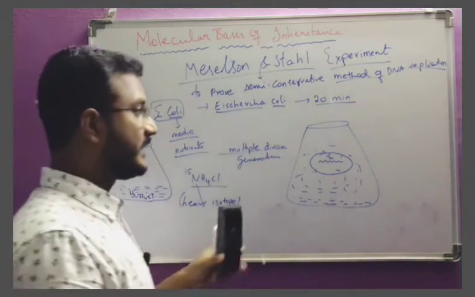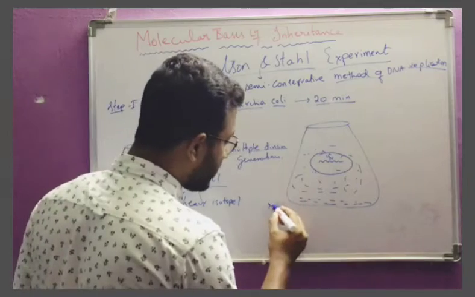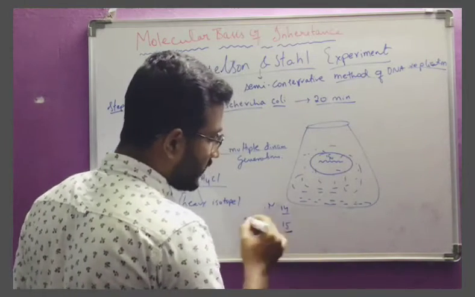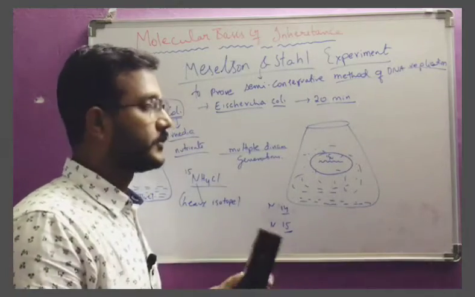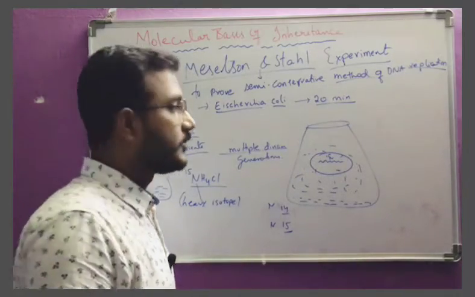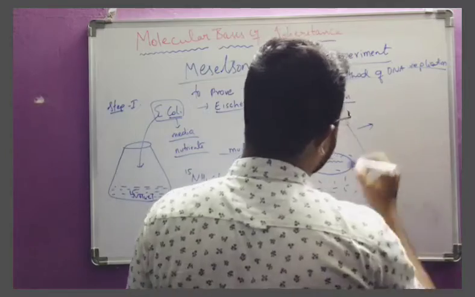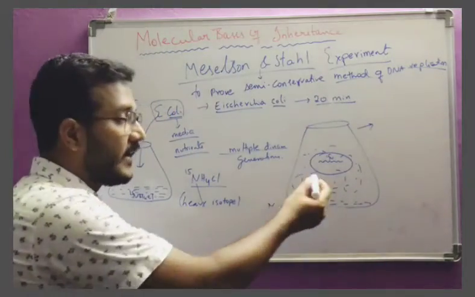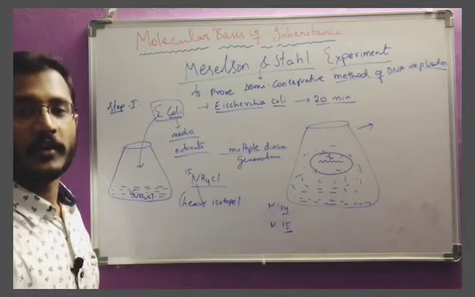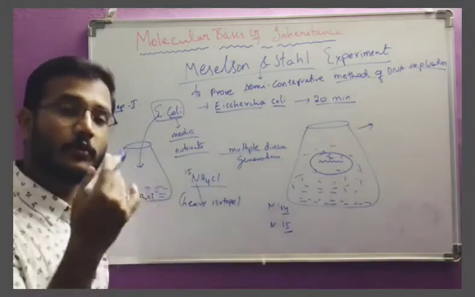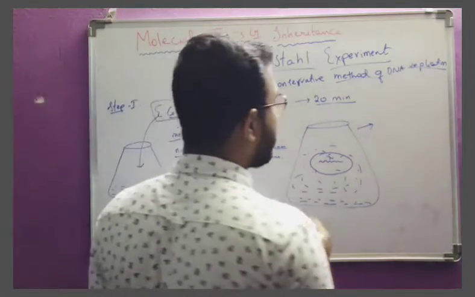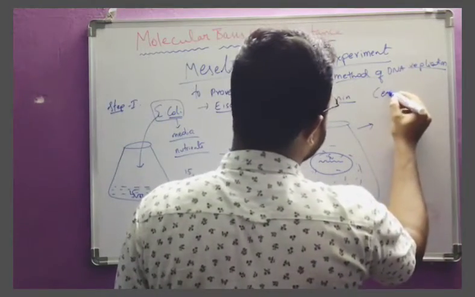Now, this is heavy when compared. Normal nitrogen is 14, its weight. If now the nitrogen weight is 15, so the weight is increased. So to observe whether the weight was increased or not, whether the bacteria has taken N15 or not, or else it is having its own previous N14, they want to check. So for that purpose, what they had taken?